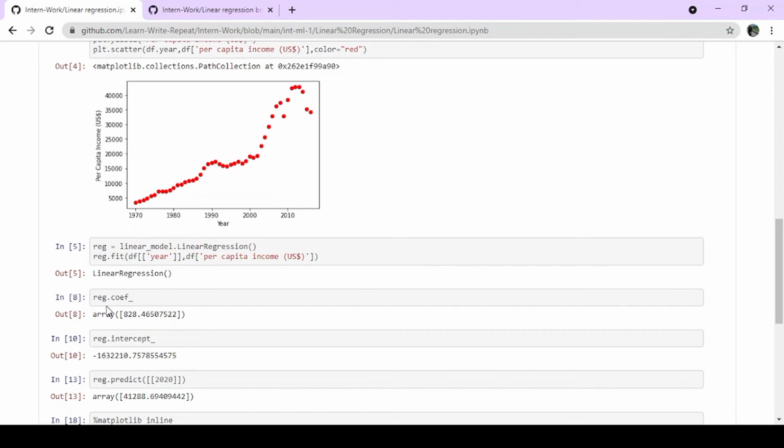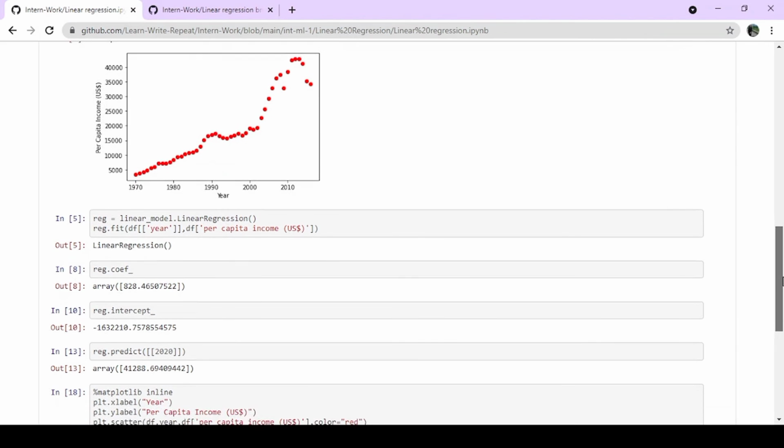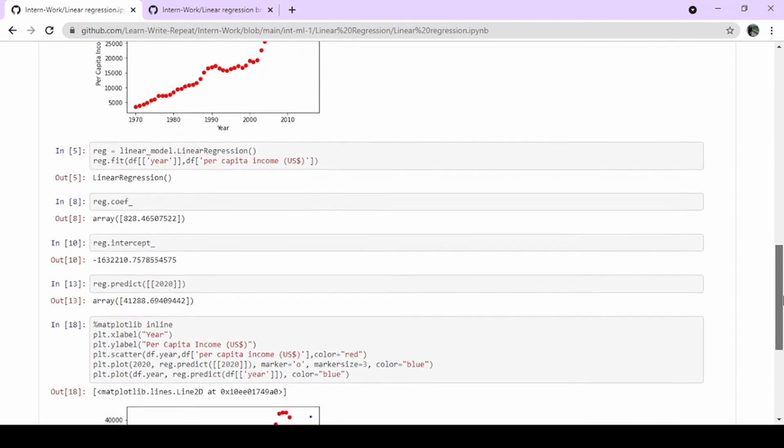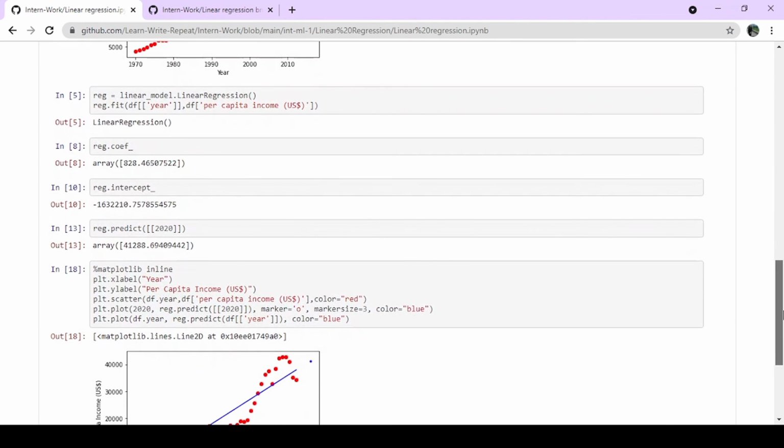After this, reg.coef_, we will get the array 828.4650752. Now about the intercept, reg.intercept_, we will get access to the intercept value, that is minus 1632210.7578554545.